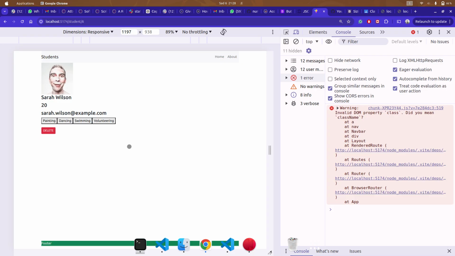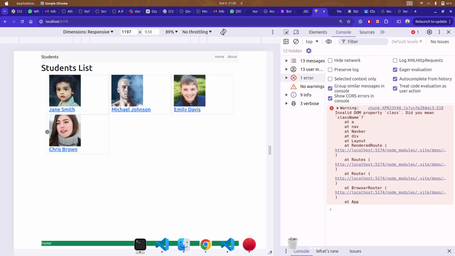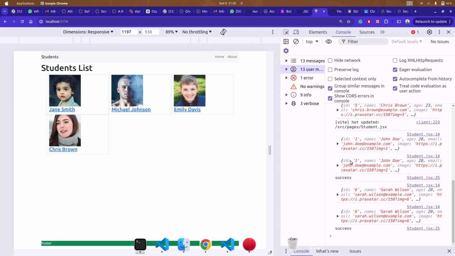When I click on Sarah Wilson and click on delete, it should delete and then take me back home. The only problem that we have here is that it is not giving a message that it has actually been deleted. Right? It's not actually showing the message. It's only maybe showing in the console,